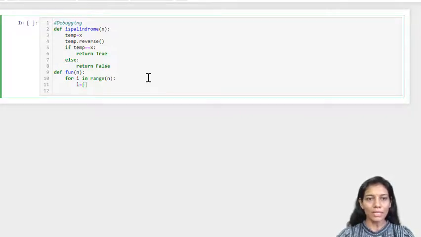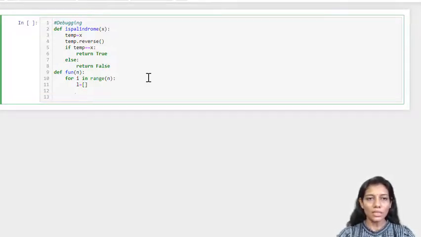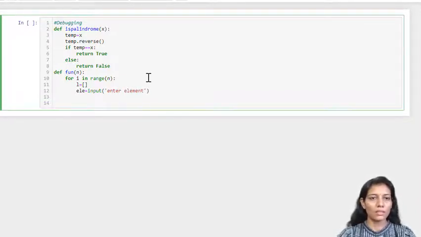I'm taking an empty list, then asking the user to enter an element, that is element equal to input, and then I'll be appending this newly added element to my list, l.append(element).